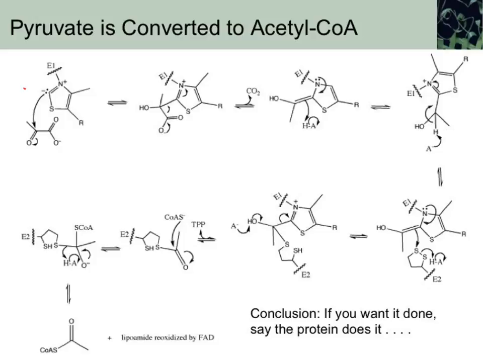So now the question is, where is the electron acceptor? We need a positively charged carbon. Where are there positively charged carbons in pyruvate? We have partial positives at both of those carbonyl carbons. So why does it selectively go to the ketone and not to the acid? The answer to all things,